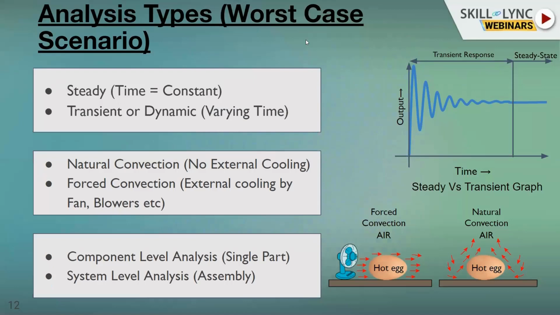Third, there are another two levels of analysis we can do. A simple single part, only the IC (integrated circuit), or a PCB with IC. There is a difference between single part analysis and assembly level analysis. It's a component level analysis versus a system level analysis. If I want to analyze only the fan, that is a single part. If I want to analyze the laptop with the fan, that is a system level analysis. Yes, thank you. Please go to the next slide, Ms. Saisuma.